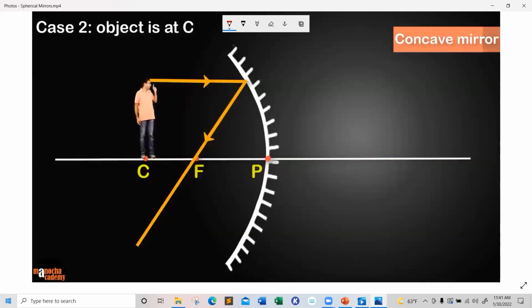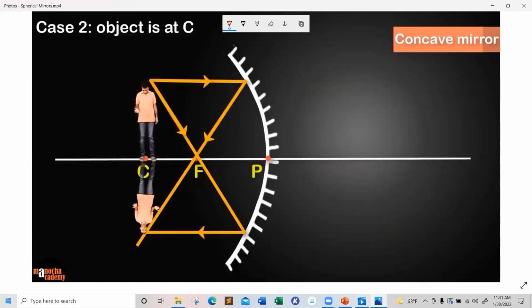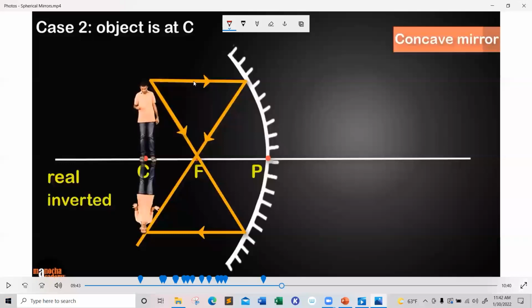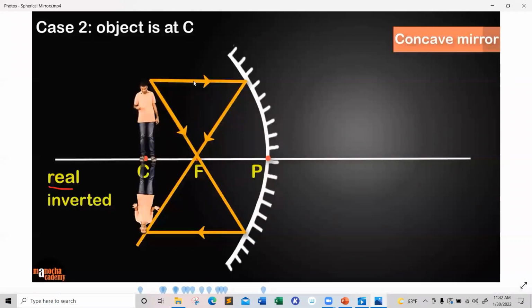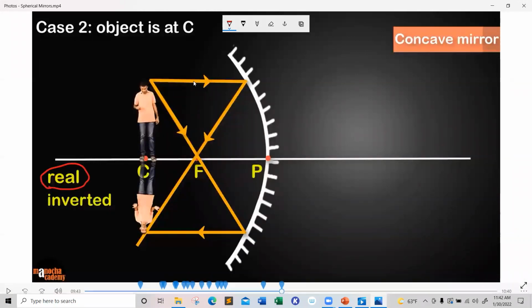The ray that is passing through the focus after reflection is parallel to the principal axis. So this is our second ray here. Where is my image? As you can see here, it's exactly below me. What is the nature or properties of the image? It's real and it's... First of all, yes, we agree with him that it is real because we do not have to extend the